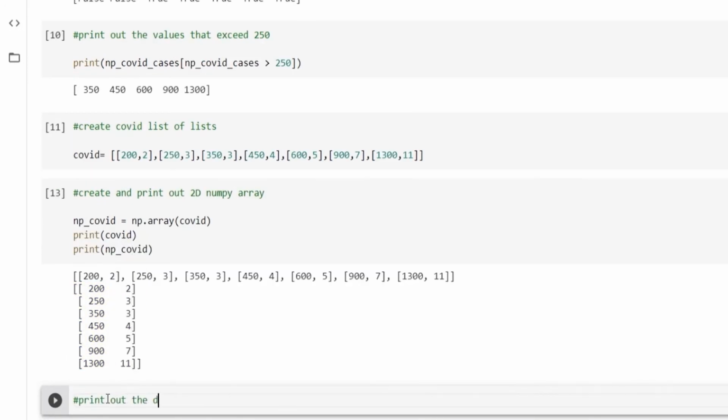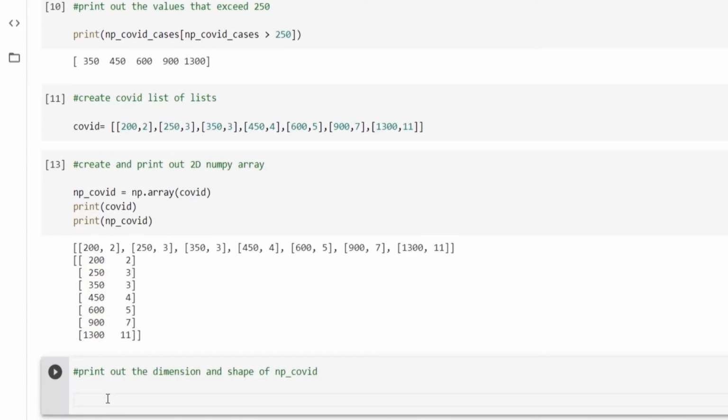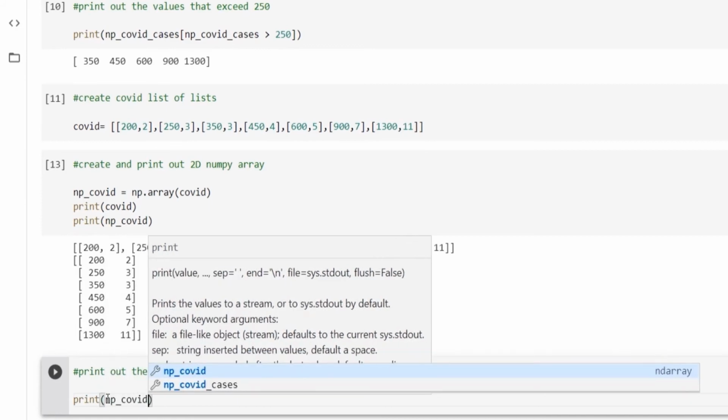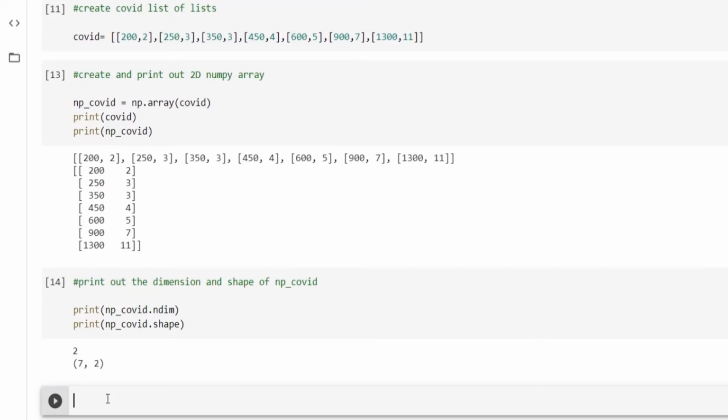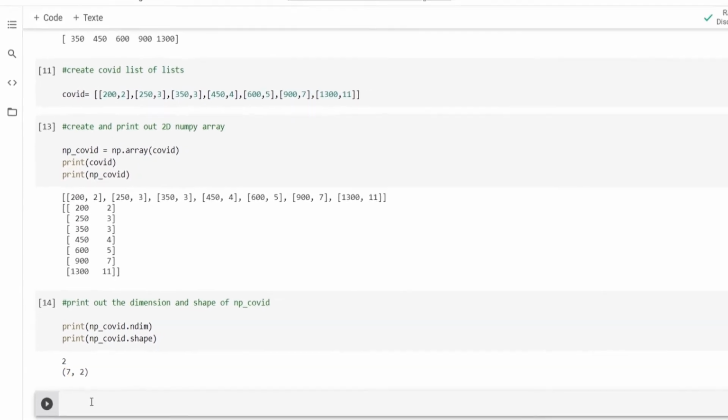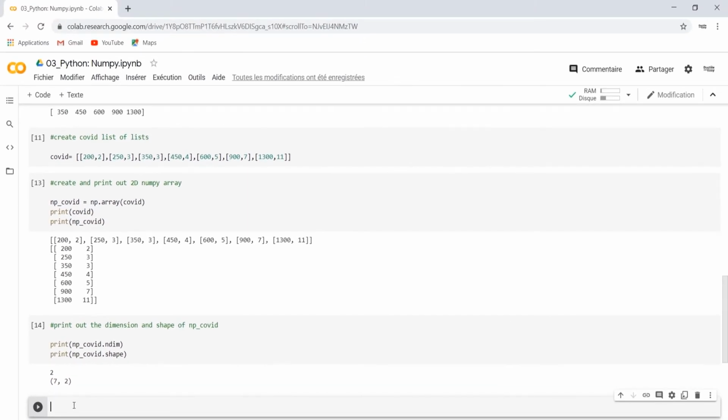We can use attributes like ndim to get the number of dimensions and the attribute shape to get the shape of our array. In our example, the array has 2 dimensions or 2 columns and 7 rows or 7 observations. If you want to do the slicing of a two-dimensional array, pay attention that it is not the same as the slicing of a list.